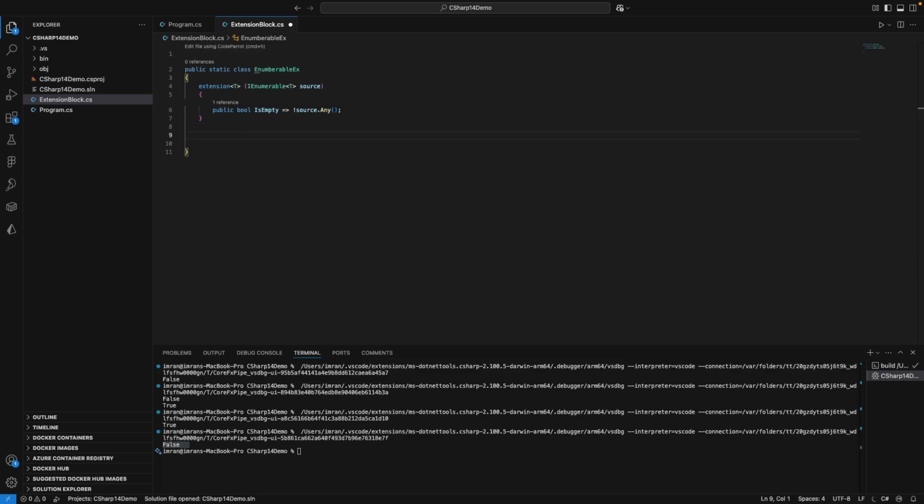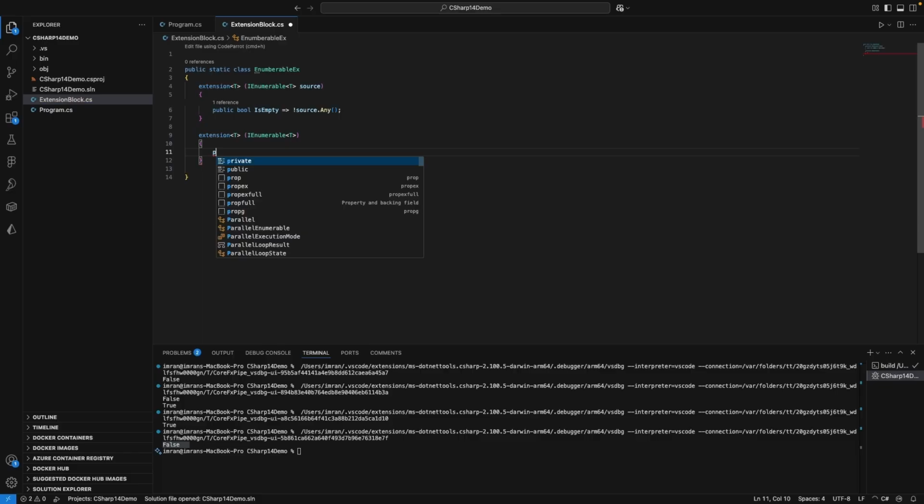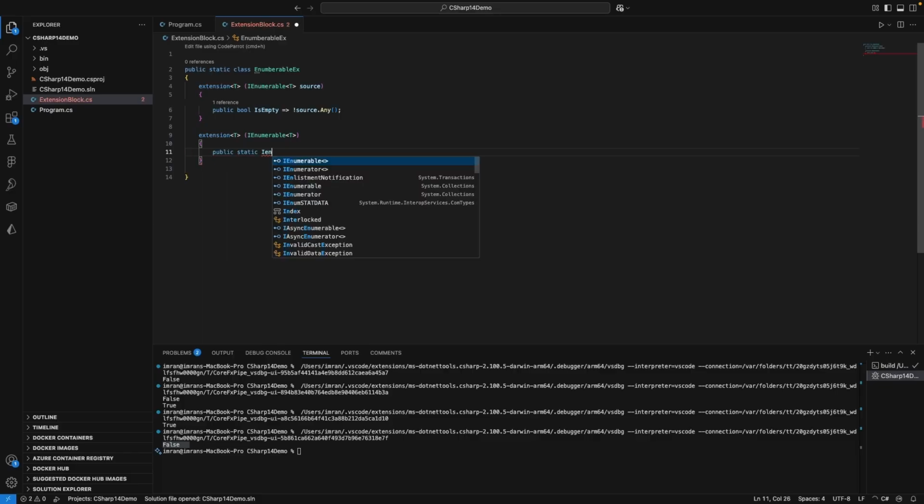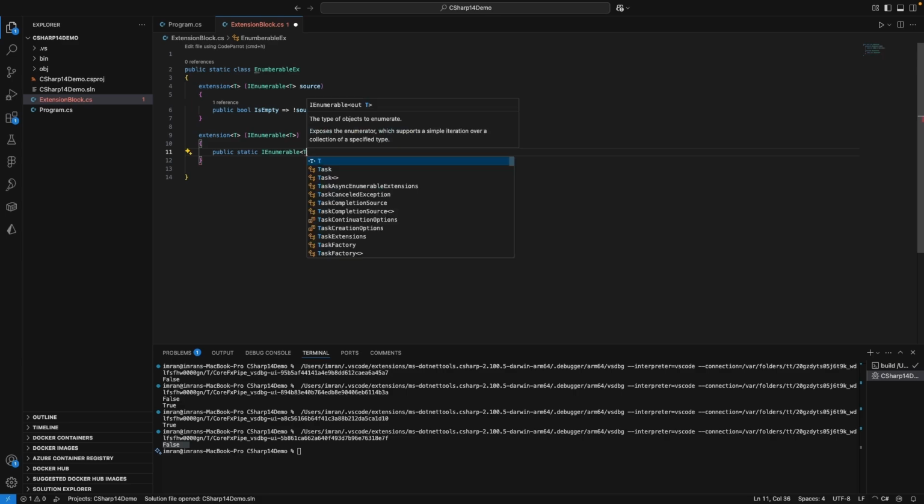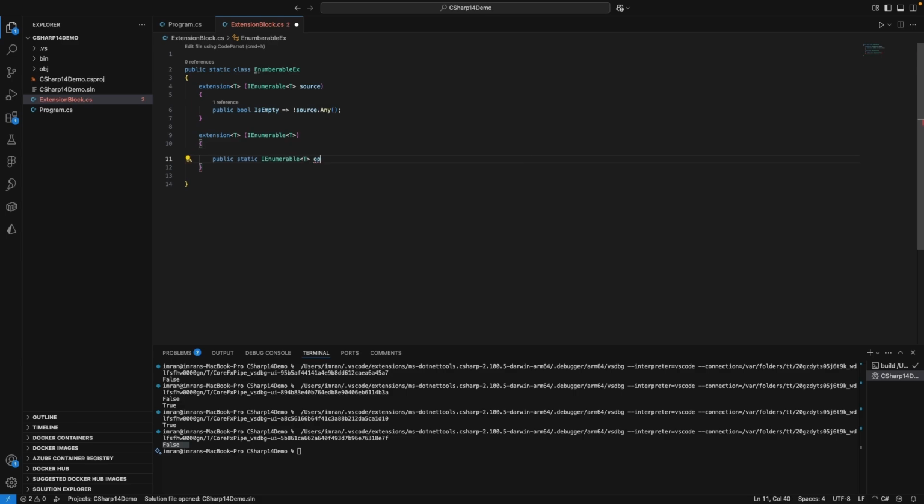As I told you earlier, you need to write the syntax like extension again, and then just type the T, and then IEnumerable, and then type the T. And now I'm going to write public static IEnumerable, and then the operator. I will say operator, plus, IEnumerable